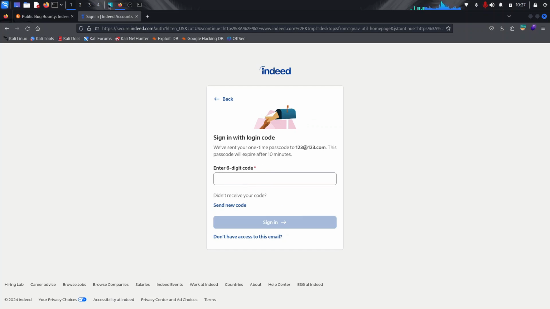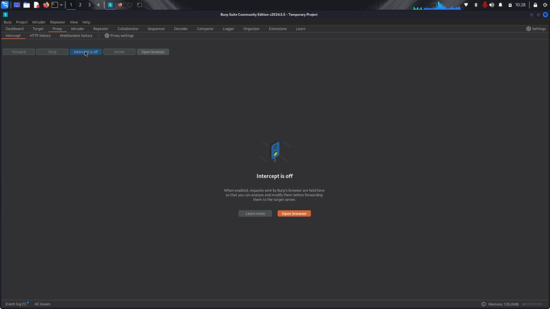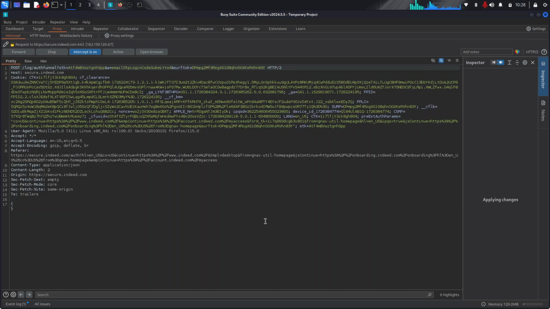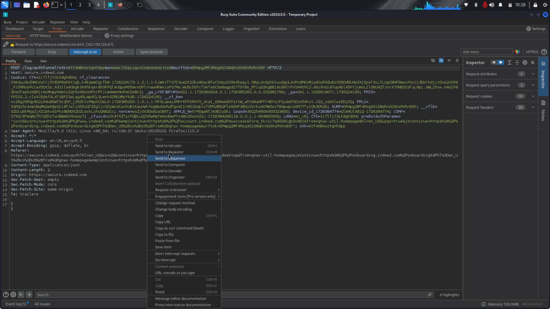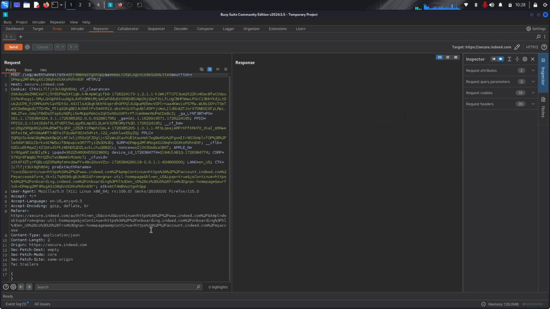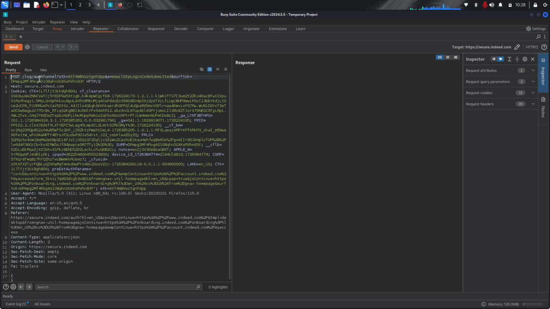Then here is where I wanted to proxy, so I'll turn on my intercept and just write something random, then sign in. So it has been intercepted here. We can send it to the repeater. So we are in here into the repeater. We can try to see what's happening. So POST log authentication funnel STK equals to that, and email equals to login code submitted. Then the CSRF token is that,